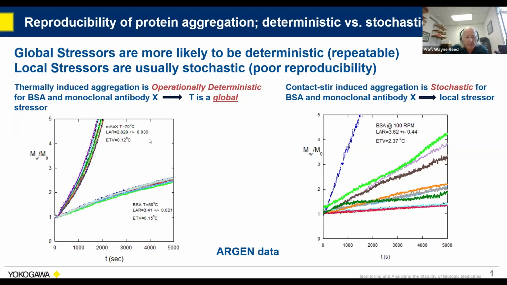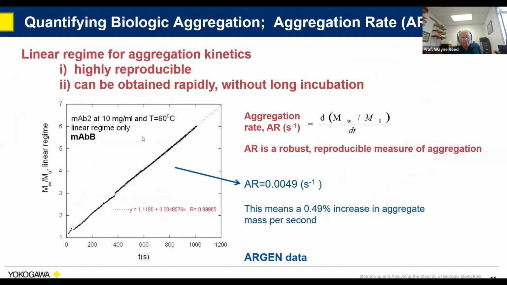So I have an old-fashioned mouse. It's acting up. Anyway, we can actually get a quantitative rate, an aggregation rate, AR as we call it. And remember this, we keep showing MW over M0, that's dimensionless. So when you take a time derivative, the units are 1 over seconds. In most of these aggregation and other phenomena will have an initial linear phase, not always, but usually. And if you take the slope of that, you get an aggregation rate. This is about 0.005, which means a 0.5% increase in aggregate weight average mass per second. Okay, so that's a real number we can do stuff with.